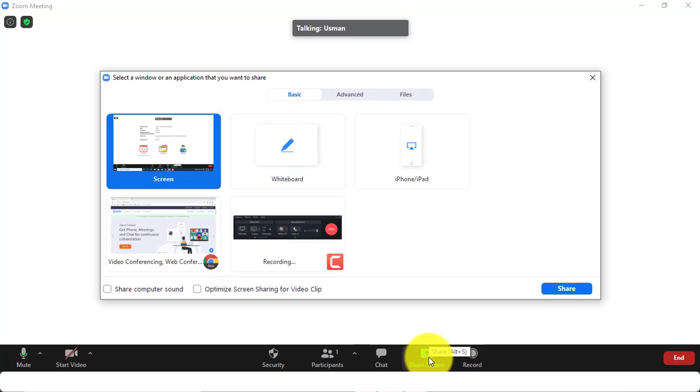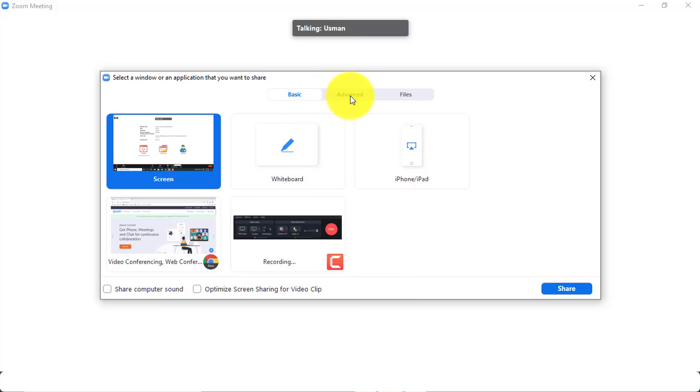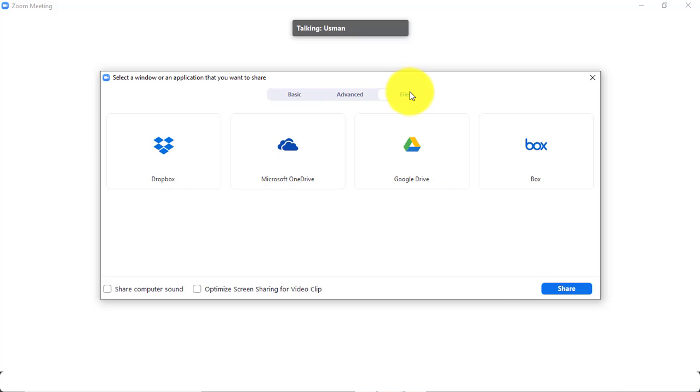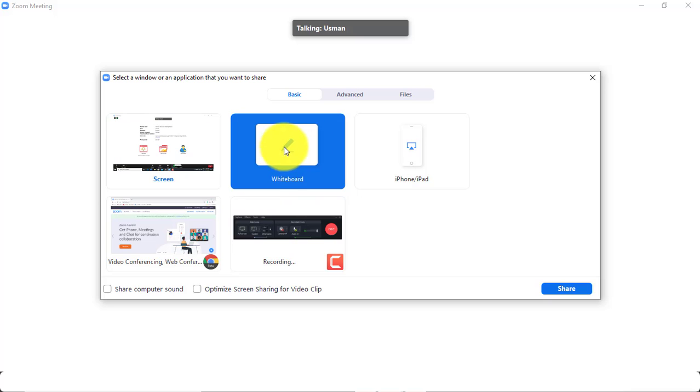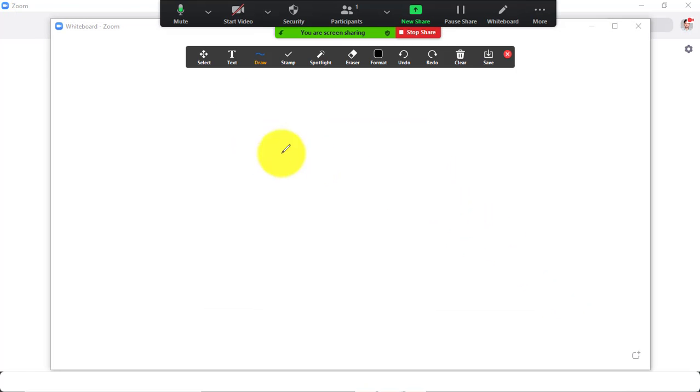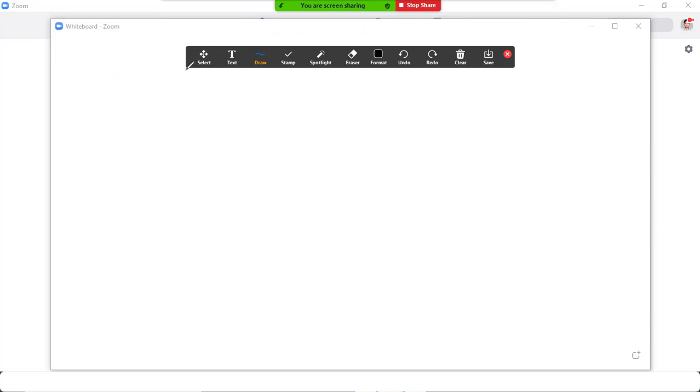After clicking on share screen option, there are three different options: basic, advanced and files. Make sure you select the basic option. After selecting the basic option, there are different options here, and you need to select the whiteboard option and then click on share. Now your whiteboard will be shared on Zoom meeting, and you can draw anything on this Zoom